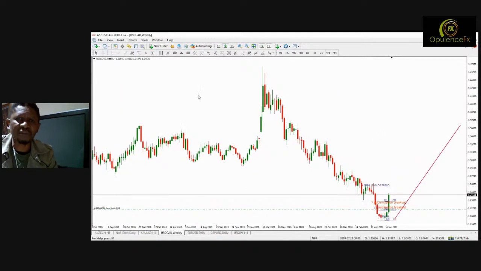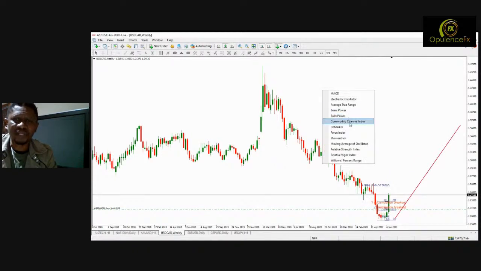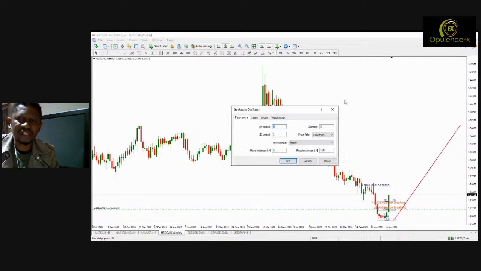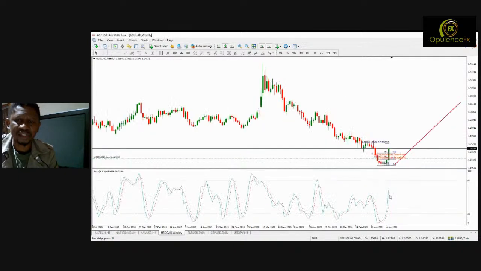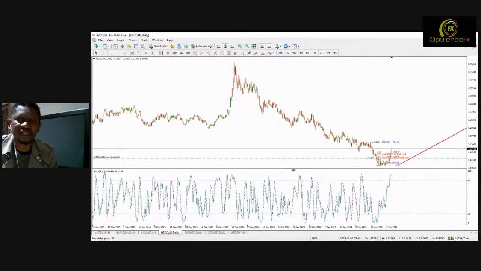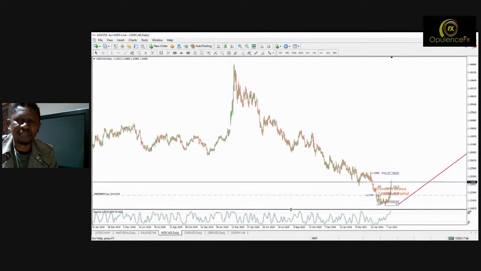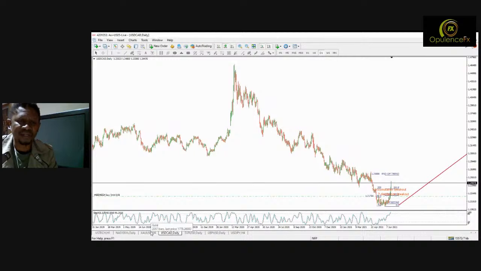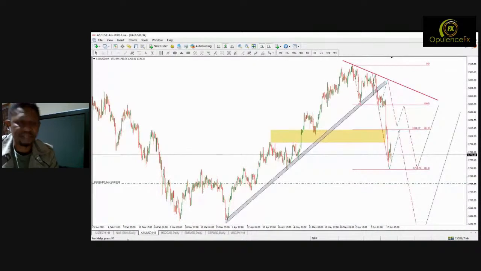The stochastics of the weeklies is just starting. The momentum, the stochastics of the weeklies is just starting to turn, just showing to the upside. That's a big, big gain right there. So the shortest level that this could go to, oh yeah, the dailies are now gone. So we should be expecting a stop at the 1.2588 because the daily stochastics is gone. Then a slight pullback when the Nasdaq will be recovering and the oil, then we will monitor from there.